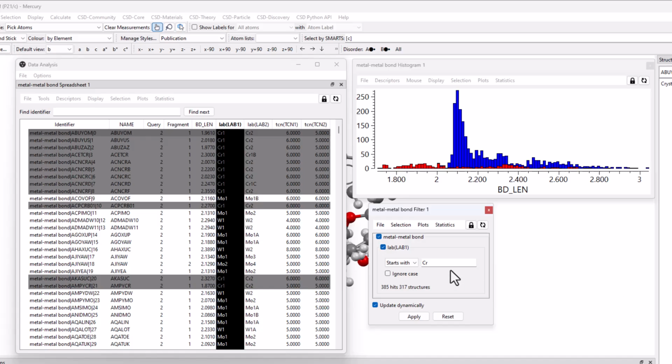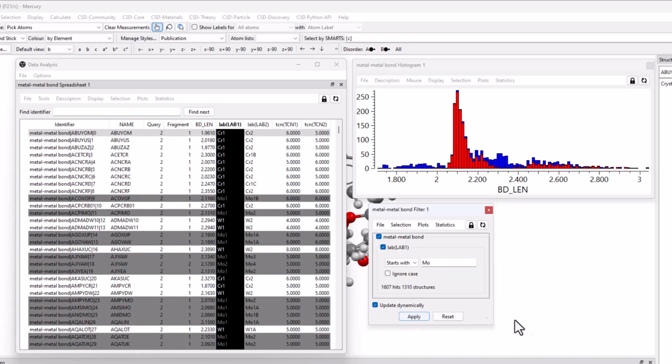If we repeat the process, but with the filter for molybdenum instead, we find there do appear to be at least 2 regions where the bond lengths fall, most measurements occurring between 2 angstroms and 2.3 angstroms, with relatively few structures from 2.3 angstroms to 2.4 angstroms, after which we find another broad distribution of structures which diminishes up to the 3 angstrom region.